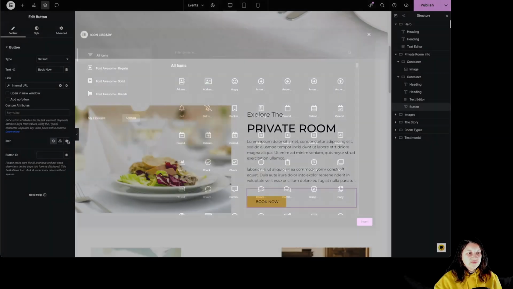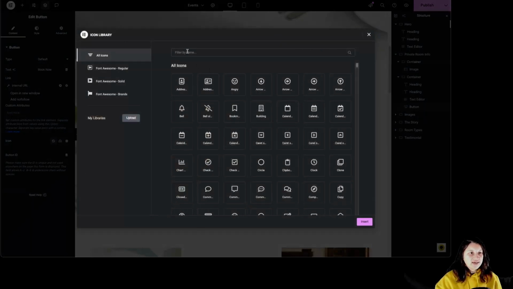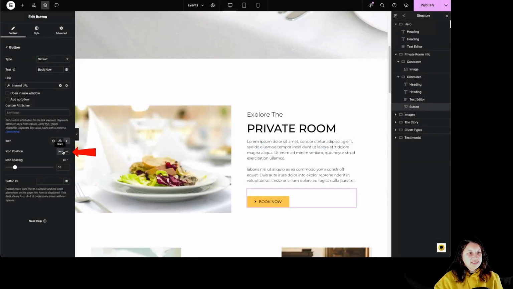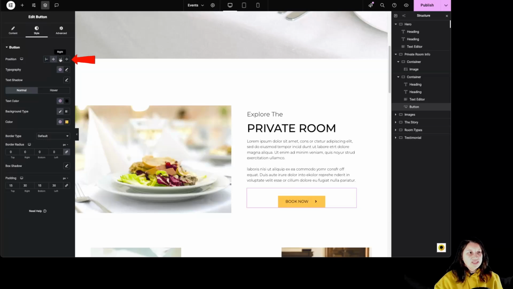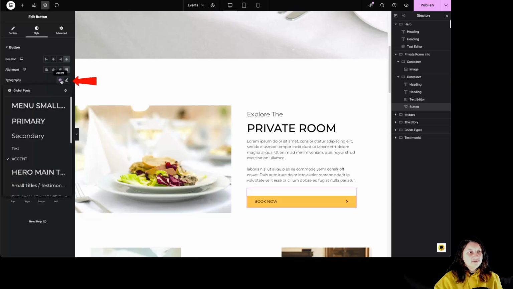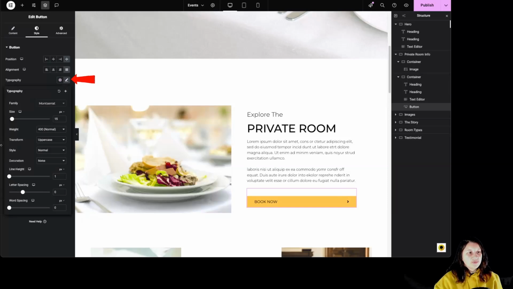If we are clicking to have an icon, we can select one from icon library. So we can select the icon position and the icon spacing. By going to style, we have the position, alignment, typography from over here, global fonts from over here, and custom typography from over here, the font family from over here,